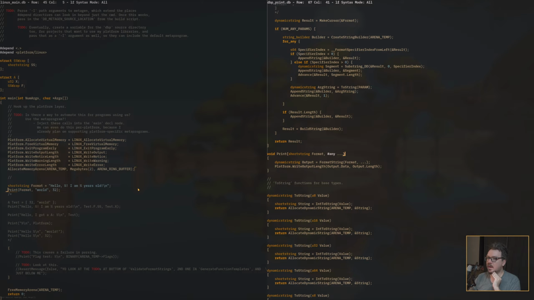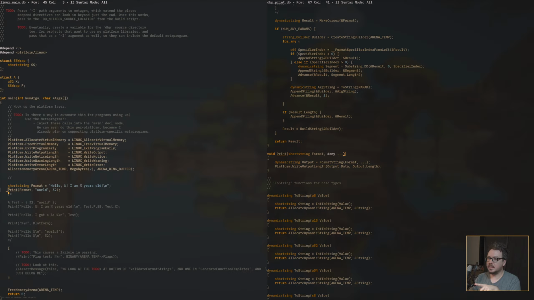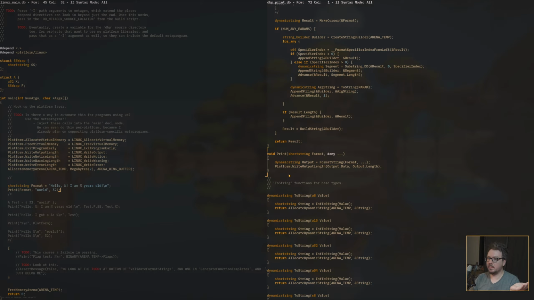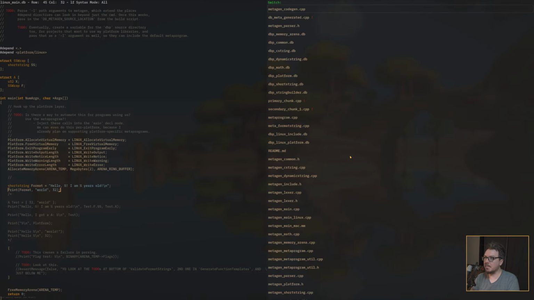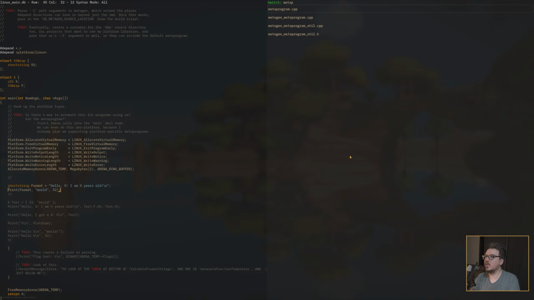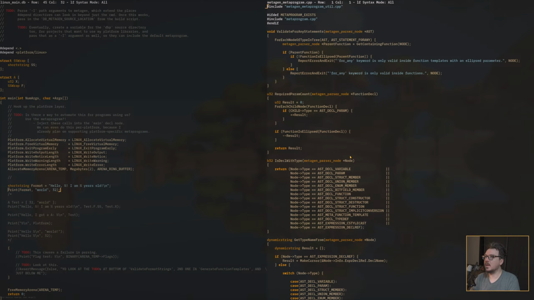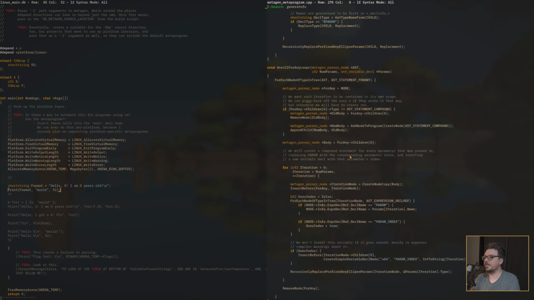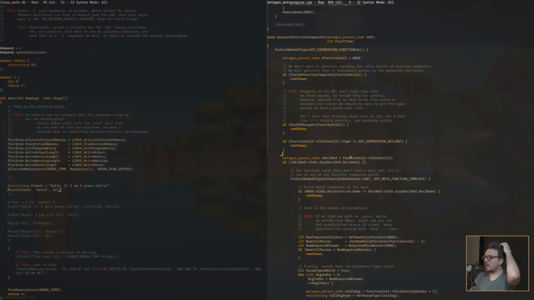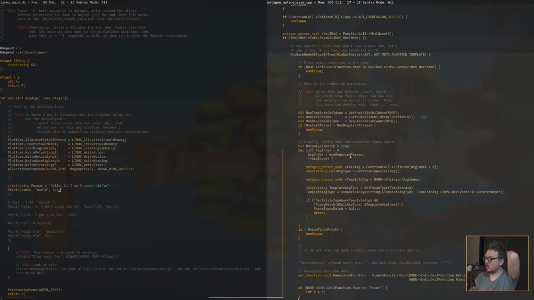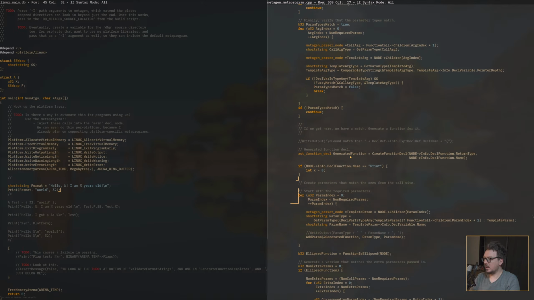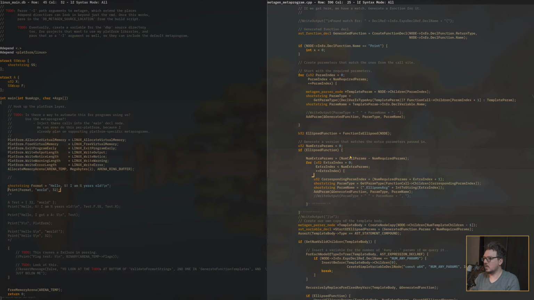Because of this, the metaprogram sees this call and says, I don't know what print is. Let's see if there's a function template for it. Or if the metaprogram needs to generate one, it sees, oh, it does, so it generates it. So this is the second part. What I wanted to do is, in those cases, the metaprogram should be able to, if we have a match and we generate the function,